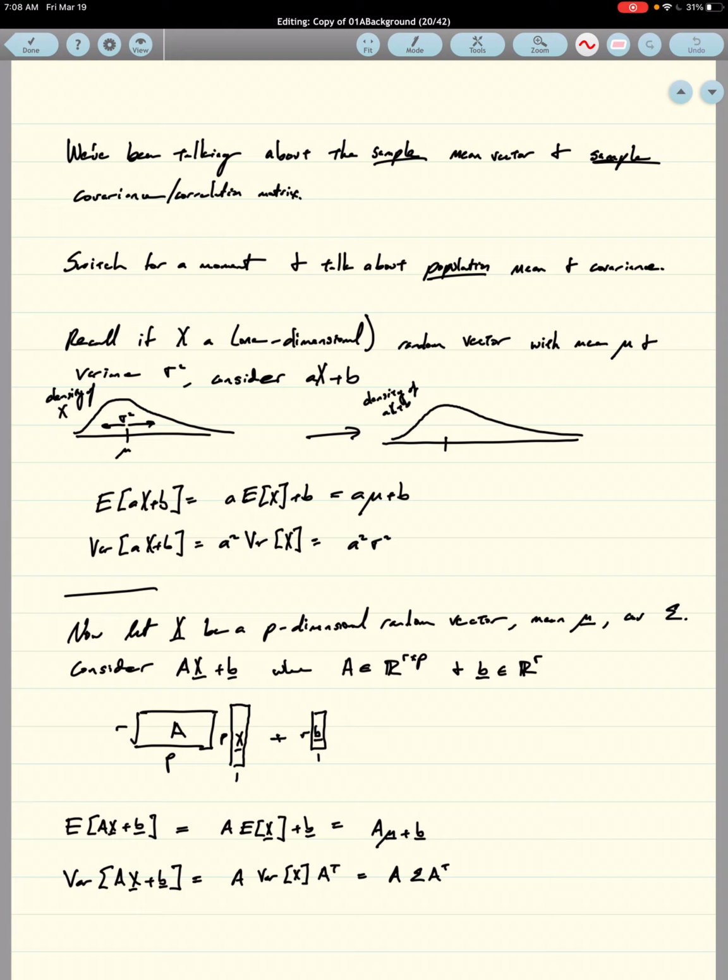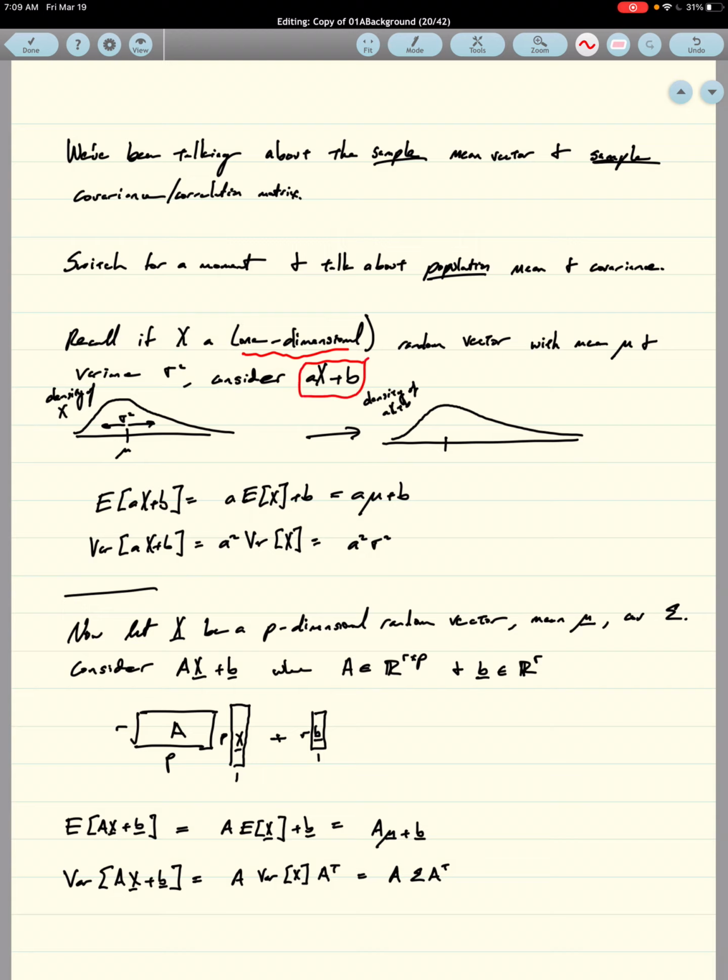Okay, so again, we've been talking about the sample mean and the sample covariance matrix. We're going to change for just a second and switch to population mean. What we'd like to do is understand the population mean and the covariance matrix of a new random vector that we will get to. But to set us up for that, we are first going to consider the one-dimensional setting, where we're going to look at